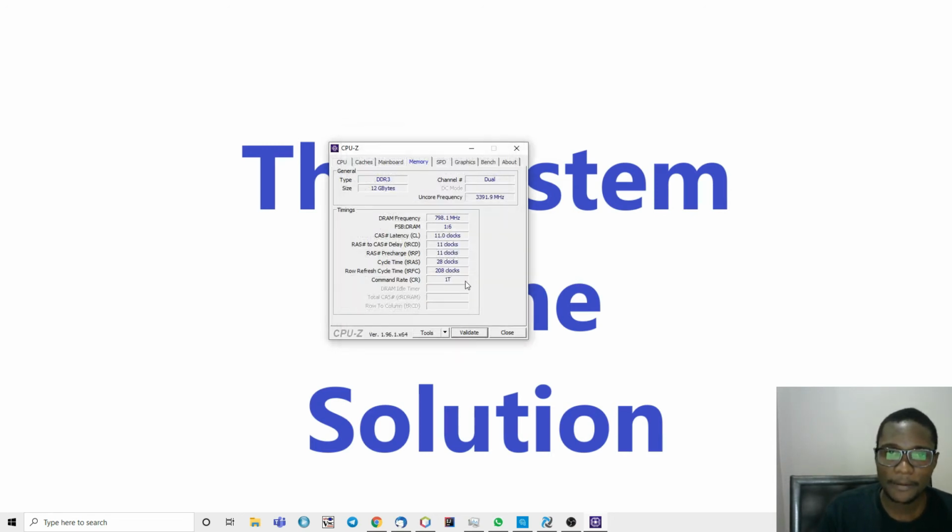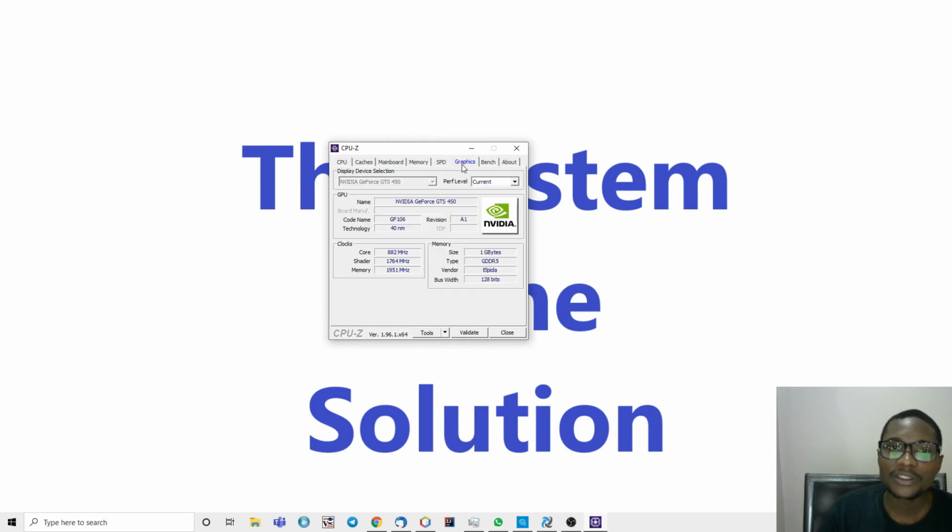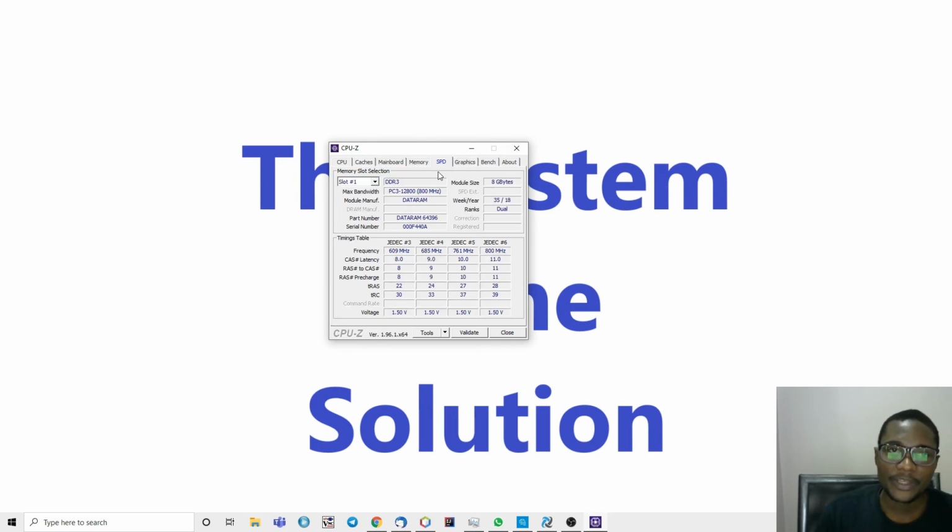At the moment, yeah, you can also check for graphics: what type of graphics card you use, what the cores are, what the speed of the graphics card is. Okay, so now I like this